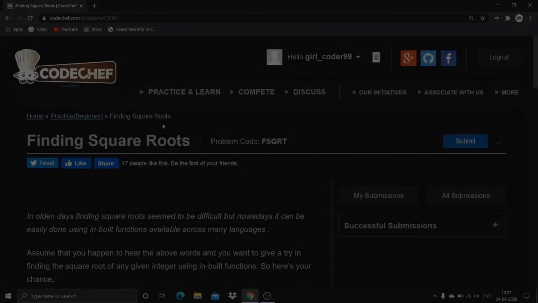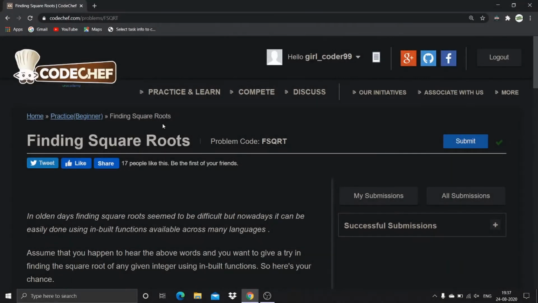So the problem is all about finding square roots, which is quite simple to solve. Whenever you solve any kind of problem, try to solve it in three basic steps. This helps you to tackle everything related to the problem very easily. So read the problem carefully and have patience while understanding it. This helps you to solve even more complex problems if you keep on practicing it. Let's crack it.